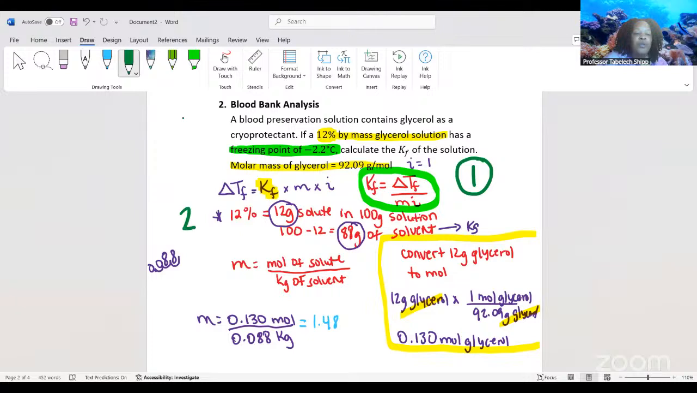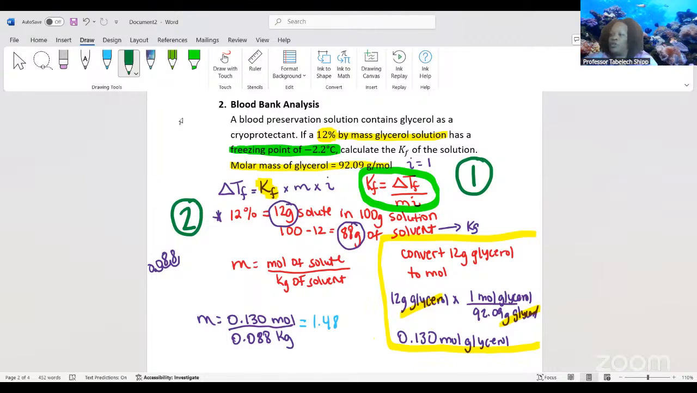Step number 2. They told us we had a 12% solution by mass. Whenever they say 12% by mass solution, that means 12 grams of the solute in 100 grams of solution. Because the 100 grams is like your total, that's your total amount of that solution. So it's almost like,